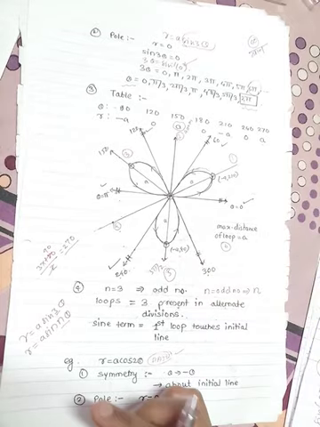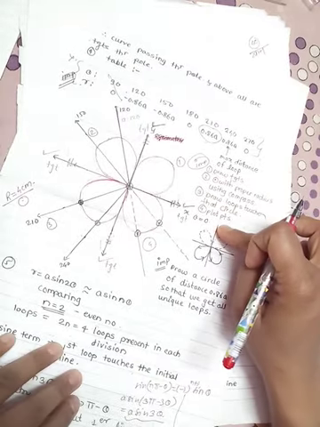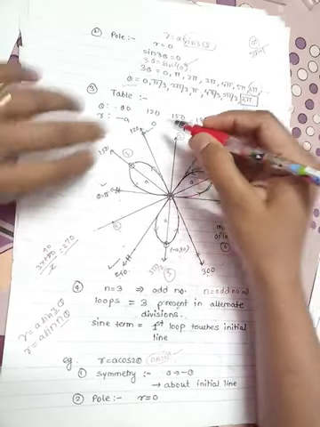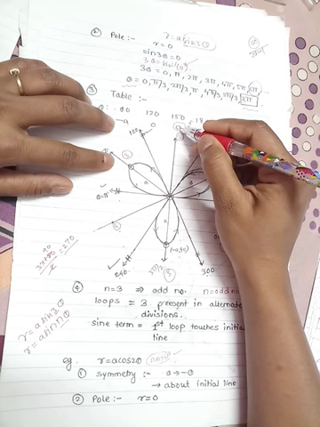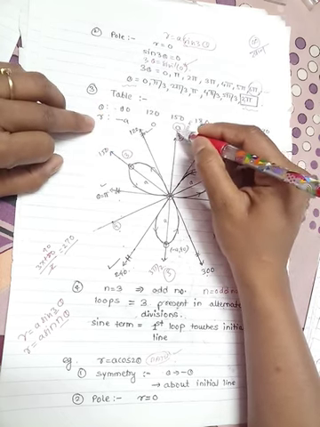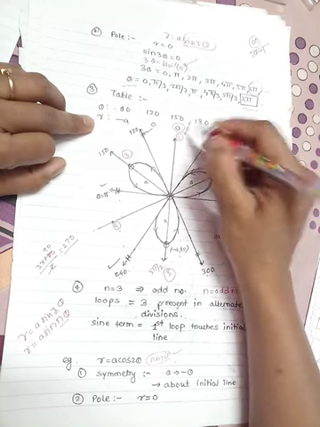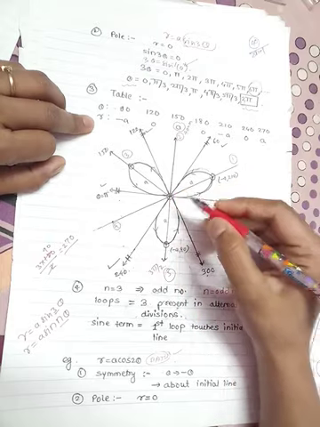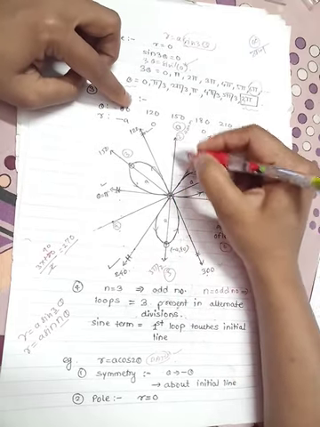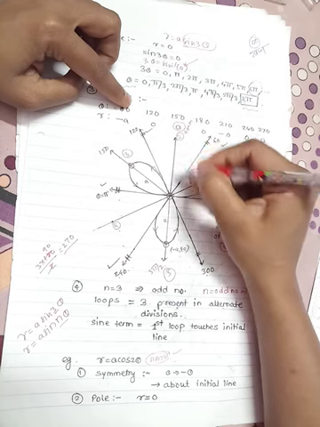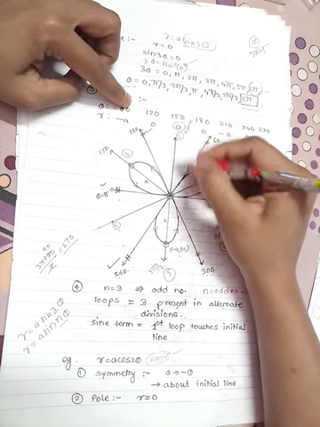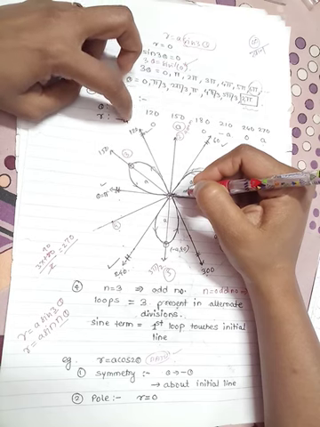Now the last one is the nominal. You have to plot the points. So here the highest distance is A. You can take A equal to 40 mm, that is 4 centimeter. On 90, this is minus A. On the 90 degree line, that is this tangent, the R distance is minus A, that is minus 40.